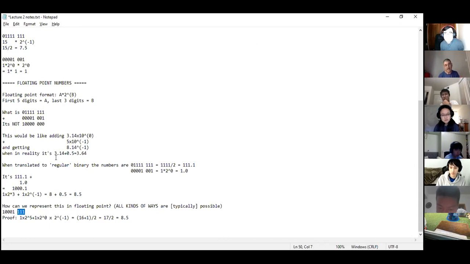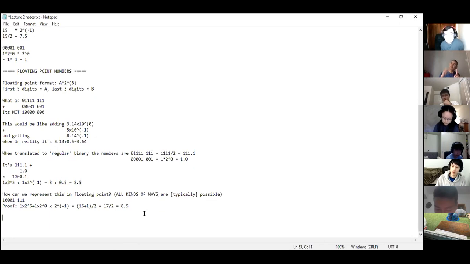Yeah, so I think you can look it up, but I believe in the floating point representation, the exponent is stored in 2's complement notation. I think they're both stored, the exponent and the mantissa, they're both in 2's complement notation, I think.